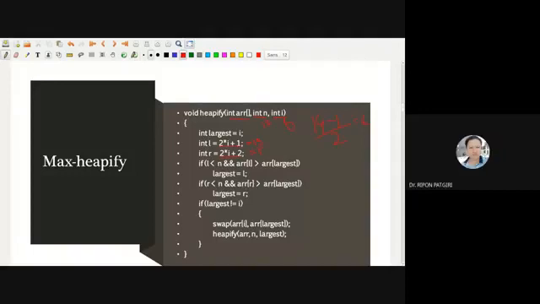So this is 13 and this is 14. 6 into 2, 12, plus 2, 14. Left child is 13, right child is 14. Total number is 15. What is left child L? L is 13, and 13 is less than 15. Is it true? Yes, it is true. Now A of left child, A of 13. What was the array?